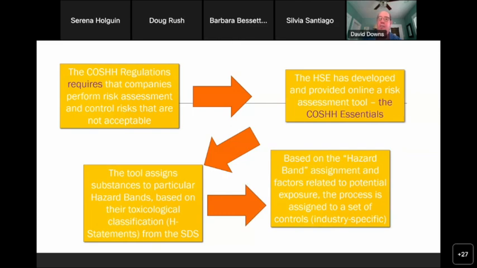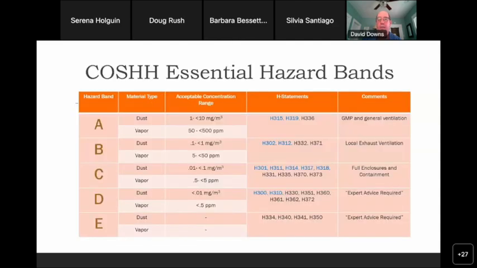This is interesting because this was an approach similar to control banding, but because they developed recommendations for controls for a variety of different industries, they were able to expand the utility of what essentially was control banding from the pharmaceutical industry to cover a lot of other industries that were important in the British organizations.